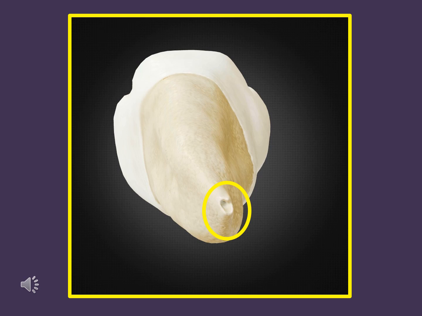The average size of the orifice is 0.3 to 0.4 mm in diameter. There can be two or more foramina separated by a portion of dentin and cementum, or by cementum only. If more than one foramen is present on each root, the largest foramen can be designated as the apical foramen, whereas the remaining foramina are considered as accessory foramina.